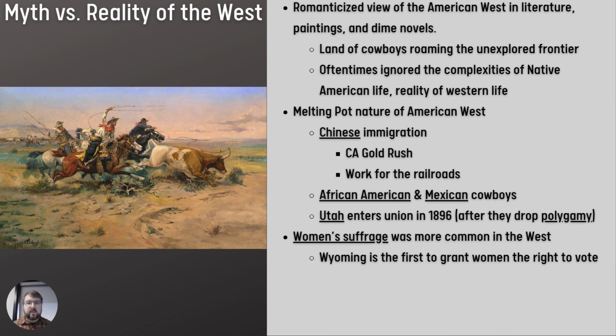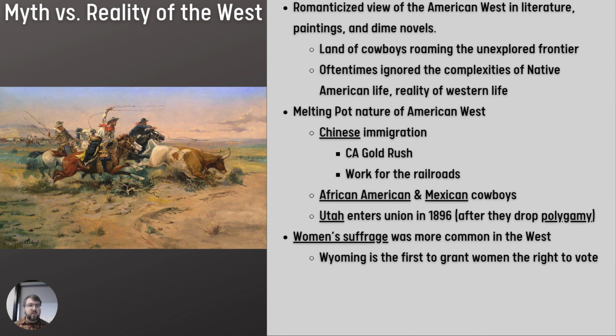You also have Chinese immigration. So the building of the western part of the railroad was primarily by Chinese immigrants. A very dangerous job. You're blasting into mountains, you're building tunnels, you have cave-ins. High risk, low pay, but better pay than back home. So you have Chinese immigration coming in, and you don't really see that much in American Western literature.